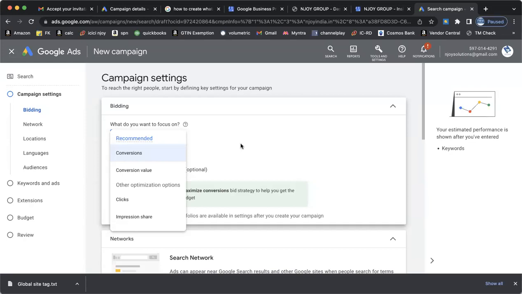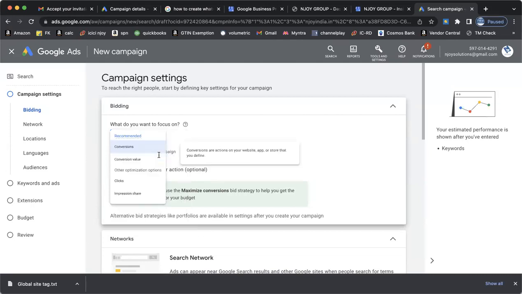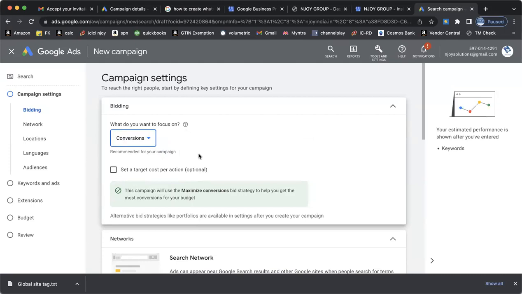1000 रुपीज आप डाल रहे हैं, तो वो 1000 रुपीज आपकी तरफ से कैसे चार्जेस ले सकते हैं, किसके ऊपर आपको चार्जेस लगाना चाहिए। सो इसके लिए बिडिंग स्ट्रैटेजी को सेलेक्ट करना पड़ेगा। यहाँ पे आप देख सकते हैं ऑप्शंस आर कन्वर्शंस, कन्वर्शन वैल्यू, क्लिक्स एंड इंप्रेशन शेयर। अभी जो आप सेलेक्ट करने के लिए बोल रहे हैं, कन्वर्शंस को सेलेक्ट कर सकते हैं, नहीं तो क्लिक्स को सेलेक्ट कर सकते हैं। कौन सा टाइप का ऑप्शन आप यूज करेंगे, सिंस यू हैव बीन चोजन, अभी आपने लीड्स को सेलेक्ट किया हुआ है। सो आपका मेन इंटेंशन है लीड्स को जनरेट करना, और इसके ऊपर आपको चार्जेस लगाना चाहिए। तो जितने भी कन्वर्शंस होते हैं, उनके बाद में ही आपको चार्जेस पड़ेगा। ओके।